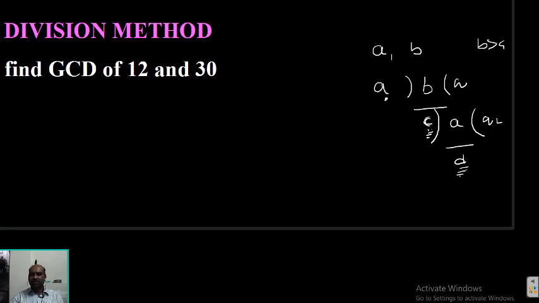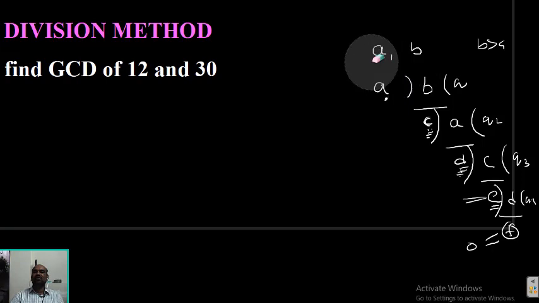If D is not equal to 0, then D becomes the new divisor and the old divisor C becomes the new dividend. Again you proceed. Another quotient is Q3 and, for example, the remainder is E. If your remainder is 0, then the last but one divisor D is said to be the GCD of A and B. If this is also a non-zero number, again you proceed like that. So this becomes the divisor, this the dividend, and Q4 and something F. If F is equal to 0, then I can say that E is the GCD of A and B. So in this way you can find the GCD of numbers by using the division method.